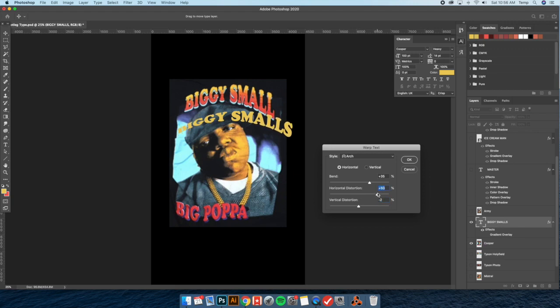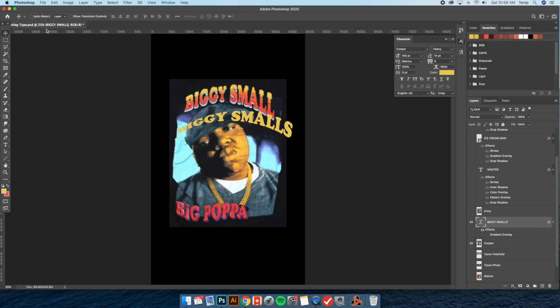Okay, and so from here, we're just gonna mess around with the positioning and the overall layout of the text. I'm gonna hold down Shift so that the font size, sorry, not the aspect ratio, stays the same. If you don't hold down Shift, the aspect ratio changes as it gets smaller or larger. So hold down Shift, and then we'll be able to